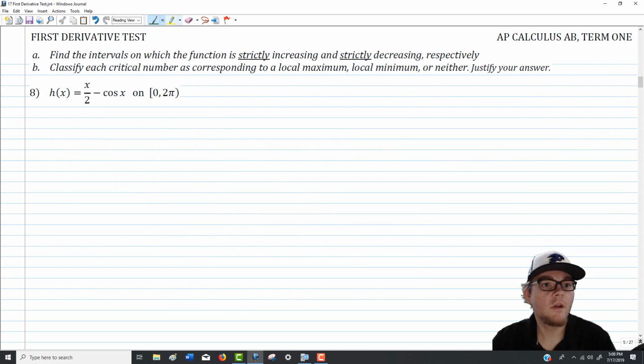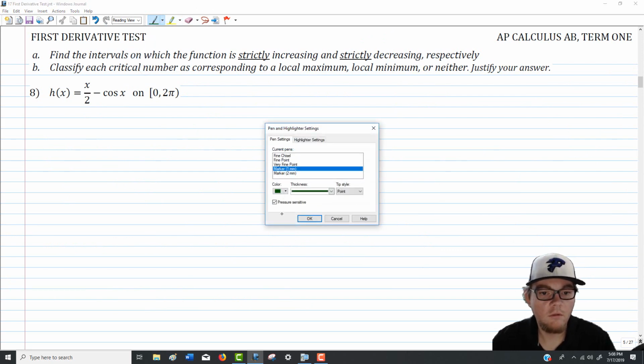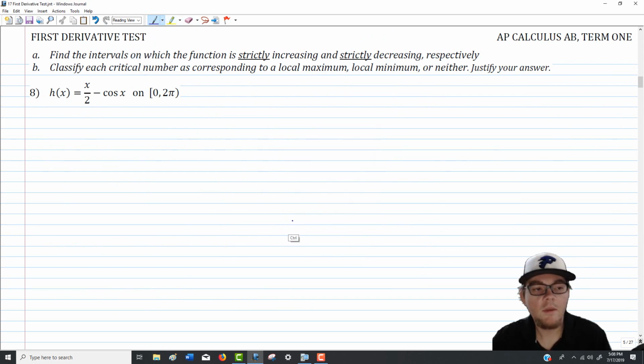Okay, that brings us to our next question, now that I'm back a little more refreshed. And in this question, I'm not going to do the full problem. I'm actually going to skip part B of question number 8, but I'm going to look at part A, or at least set up the sign chart, because I think the sign chart is actually the most difficult portion